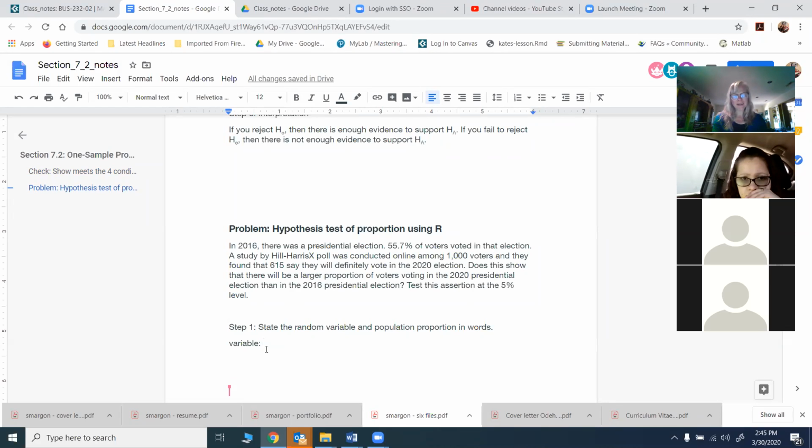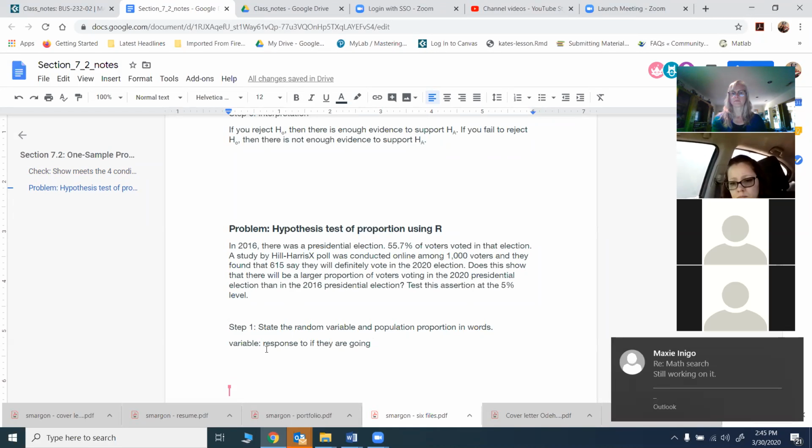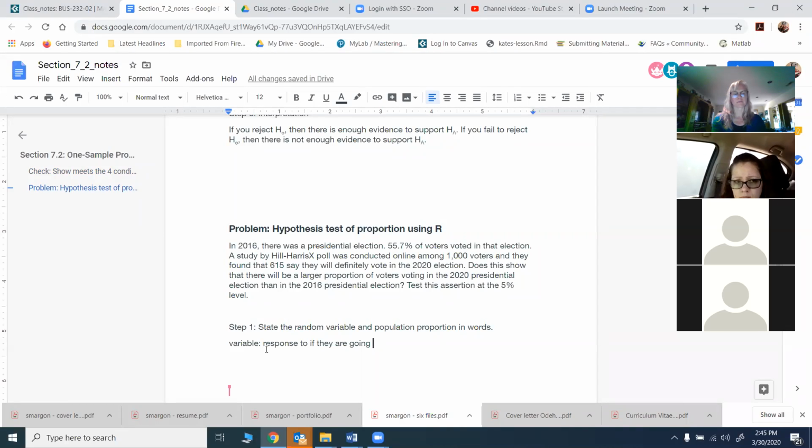So it is actually the response to if they're going to vote. Okay, so you don't just say if they're going to vote in the 2020 election, say their response? Yes. So the variable is the response to if they're going to vote or not in the 2020 election. So that is actually my variable, but we're going to talk about something called a random